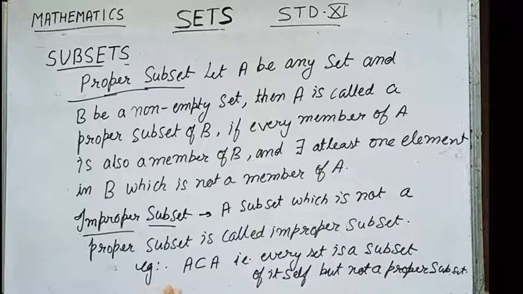For example, we can take that A is a subset of A. That is, every set is a subset of itself but not a proper subset. I think you understand, because A is contained in A and the other way means it is equal. A equals A we can say. So A is not a proper subset of itself. A is a subset of itself.